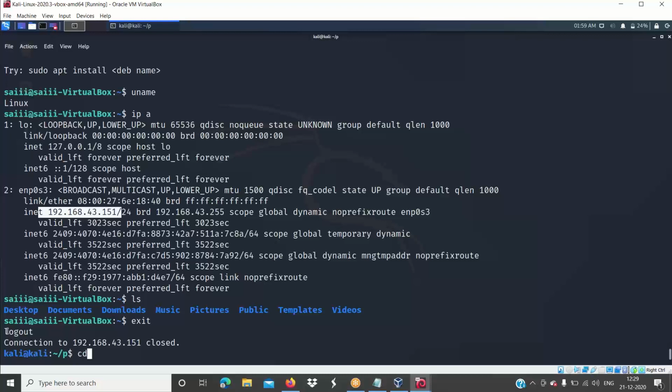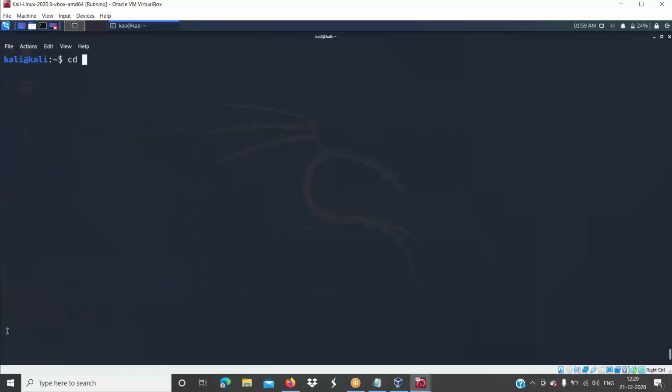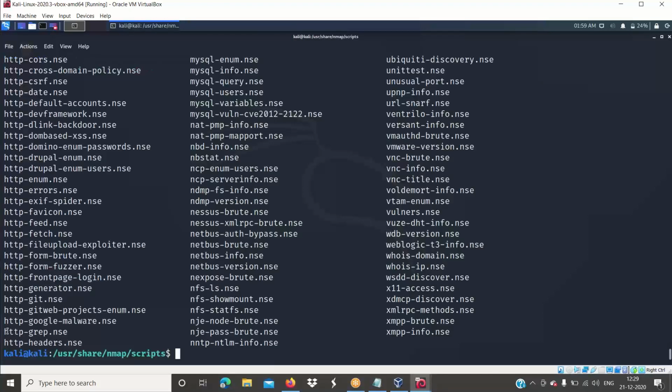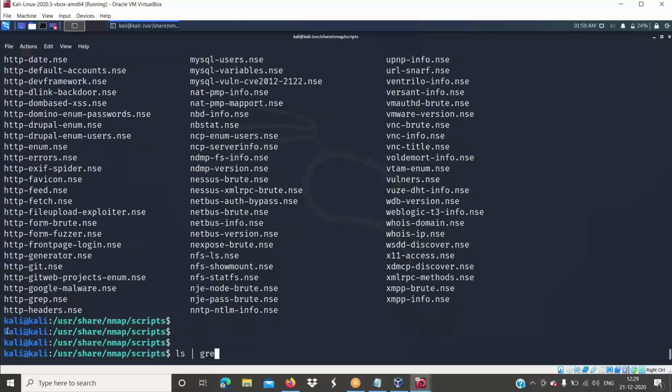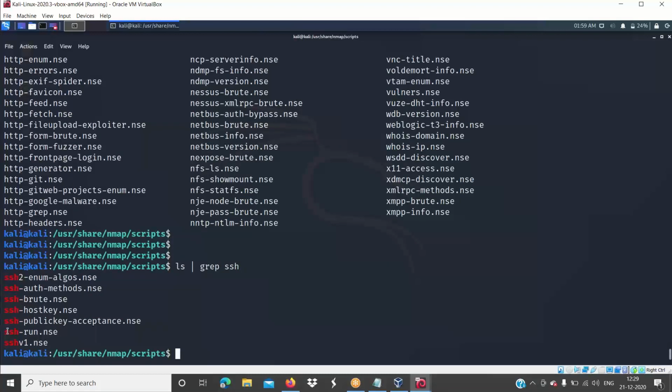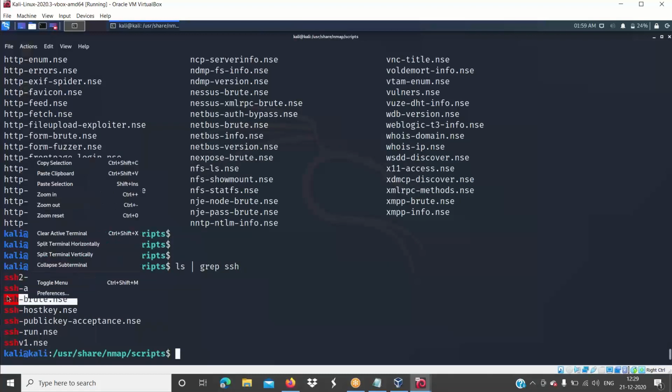Even we can do it with the help of Nmap NSE scripts. You can go to /usr/share/nmap/scripts and run ls. From this you can grep it out, let's say ssh. Under SSH, you have ssh-brute.nse.